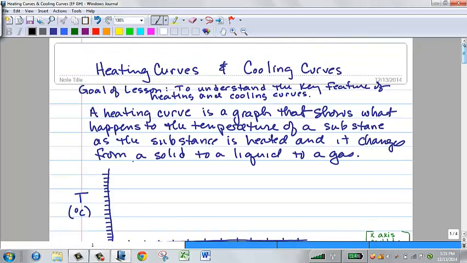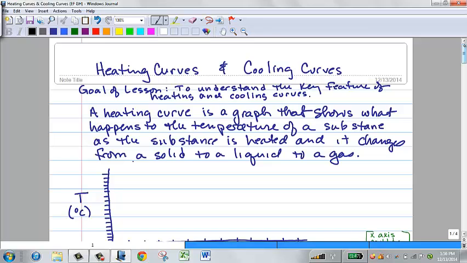So, this is a lesson on heating and cooling curves. A heating curve is a graph that shows how temperature changes when you add heat to a substance. And most heating curves have the same shape, regardless of the substance. So it could be water, it could be sulfur, it could be iron, it could be carbon dioxide, but the curve will have the same shape, and we can get some key information about the substance by reading the graph